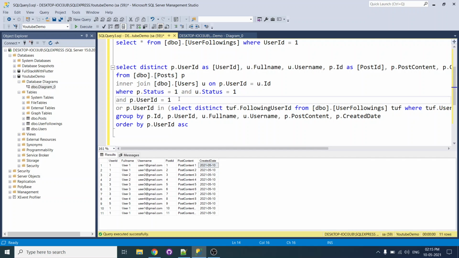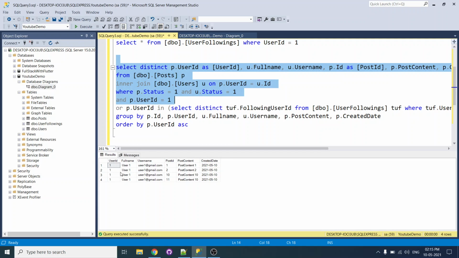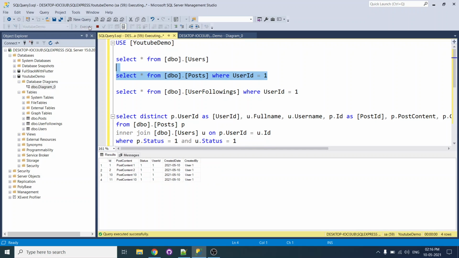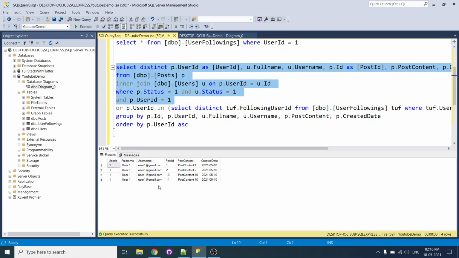Now we want the user ID to be 1, right? So for the first user ID we are going to select it. If I run this, we will get the user ID 1 records. He has four active records, right? If you see here, we get the same result when we run this data.